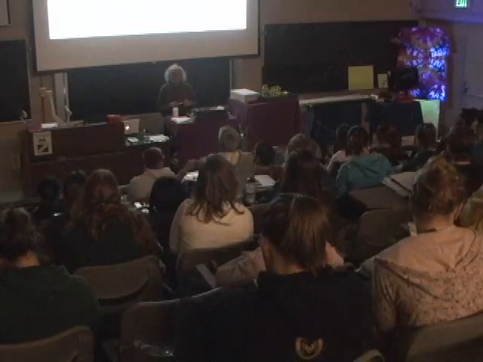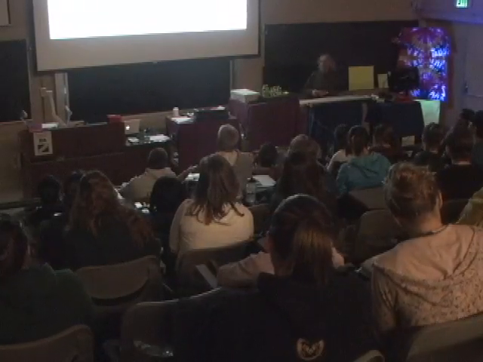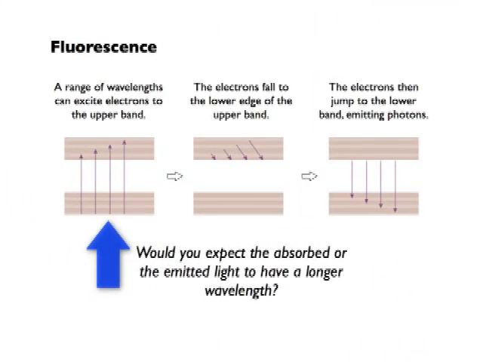But if you have a bunch of atoms together making a molecule, you end up with multiple possible energy levels for the electrons, and they form in bands. This is the stuff of chapter 29. So I get a whole bunch of electrons here, and they form these possible bands.